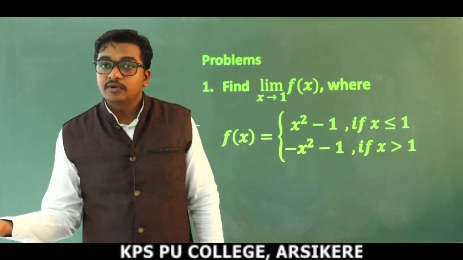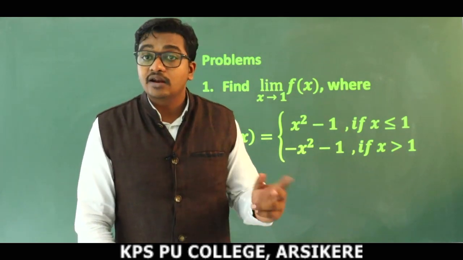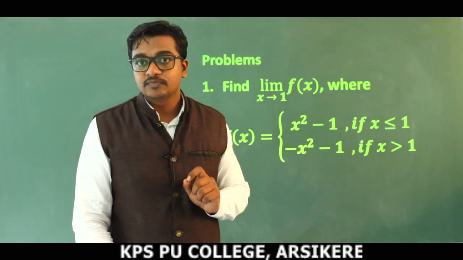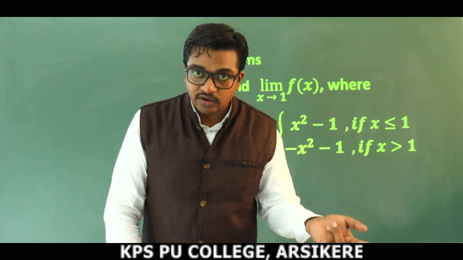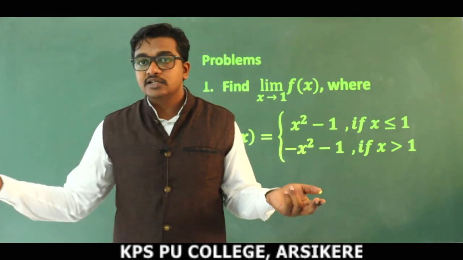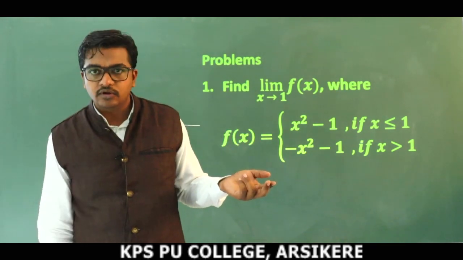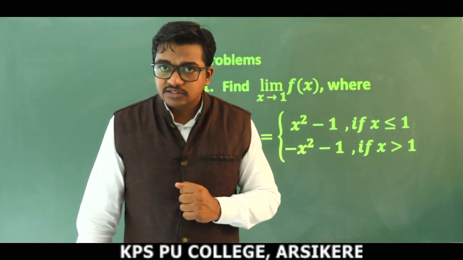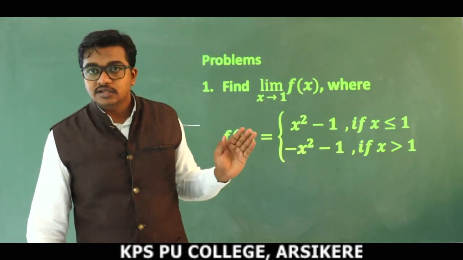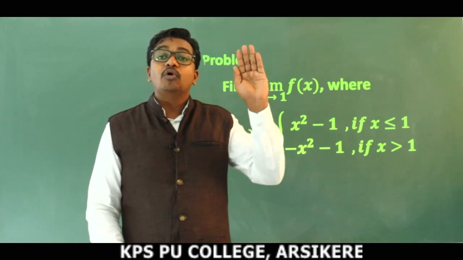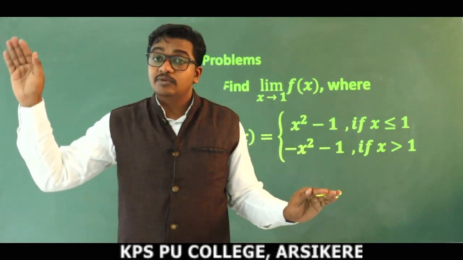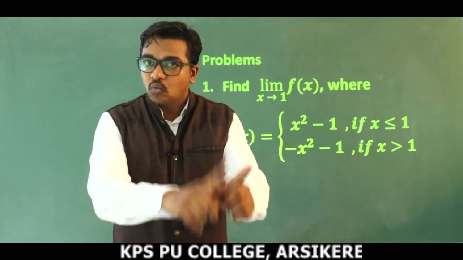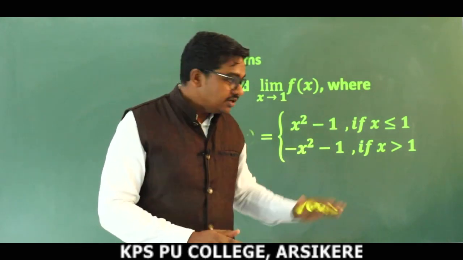Even though both the left hand limit and right hand limit exist, but if they are not equal, in that case the limit does not exist. When LHL is equal to infinity and RHL is equal to some quantity, that is, say 5 and 3, here the limits are not equal, and since LHL does not exist, in that case also the limit does not exist. Limit exists means here both the left hand limit as well as the right hand limit exist, and they are equal. Equal to what? A finite quantity. Okay, we discuss these problems.